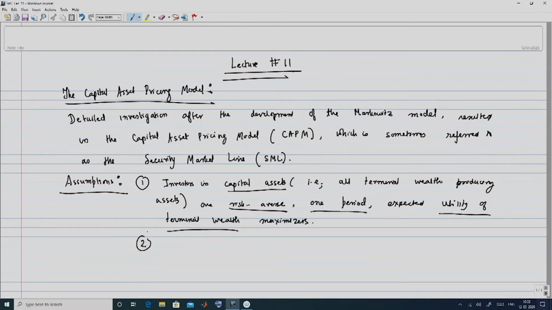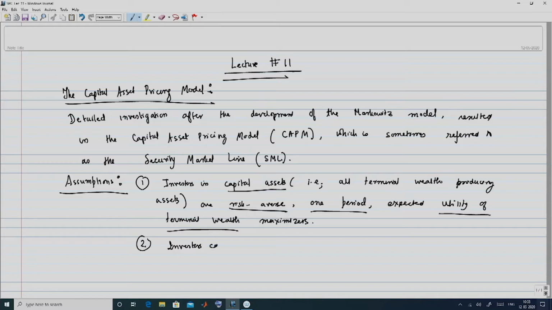And then since the utility of the terminal wealth is a random variable, you need to take into account the expectation of that, and since these are investors of capital assets, essentially they are going to be driven by efforts or a portfolio strategy to maximize the expected terminal wealth that is going to be available at the end of the holding period. Now, second assumption is that